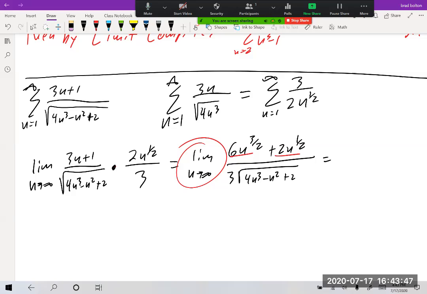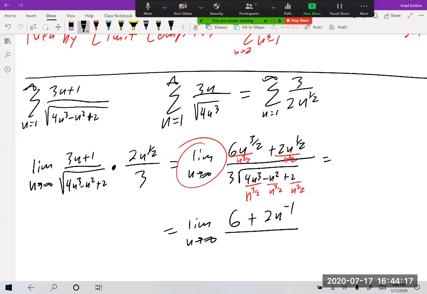How can I write this? If I divide this by n to the 3/2, divide this by n to the 3/2, and divide this by n to the 3/2, I can do some work inside that radical. So I'm going to do the limit as n approaches infinity. This will become 6 plus 2n to the -1 divided by, this will become